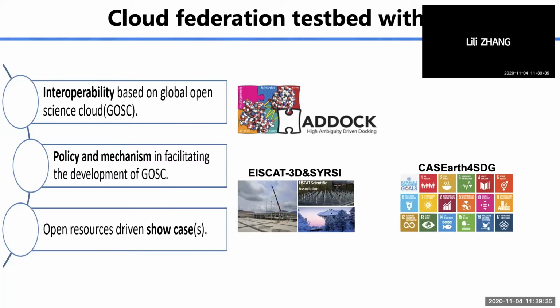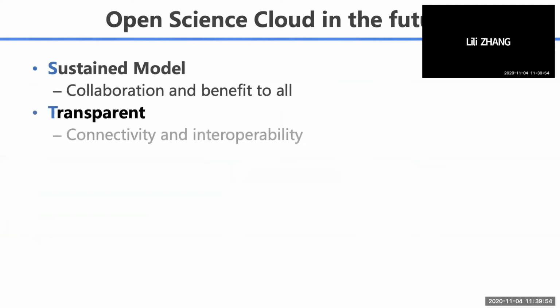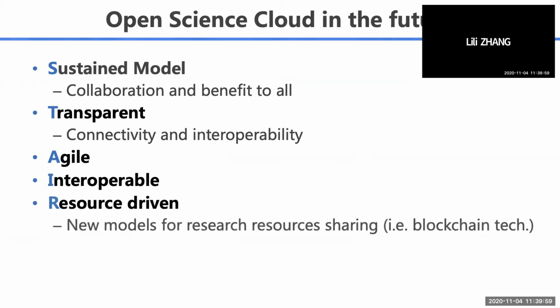We probably will figure out further integration like metadata federation, online data processing, and large-scale data transfer, and a lot of things based on this testbed. Next, please. So based on all of these practices, and many of them on their way, what we think as a suggestion to the development of open science in the future